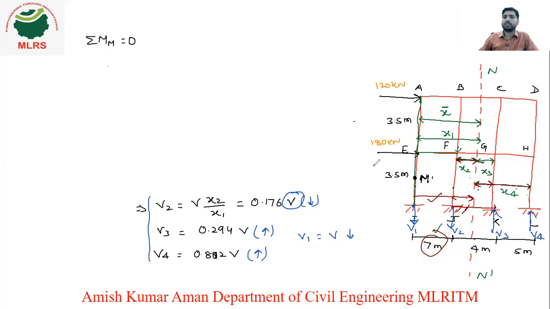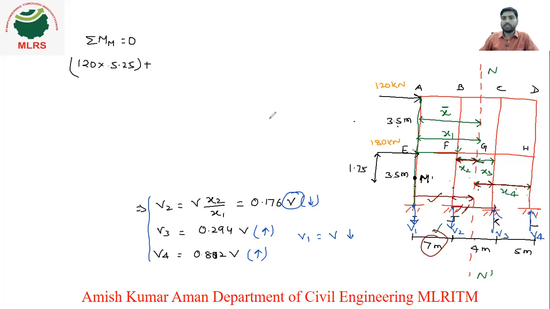At any member you can select this member also, this member also, you will get the same value. So I am taking it as EI. Now first we will take horizontal forces. So 120 into what is the distance? 120 to this point, the distance from here to here is 3.5. What will be the distance from here to this point? Because this will lie at the center, half of 3.5 will be 1.75. So the distance will be 3.5 plus 1.75, that is 5.25,